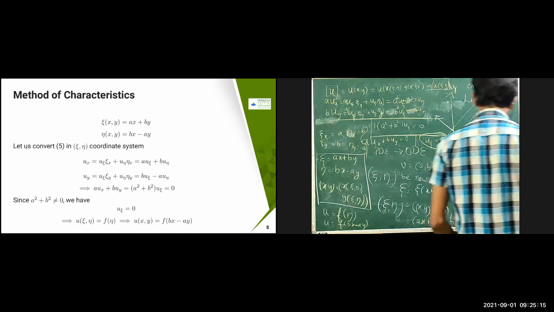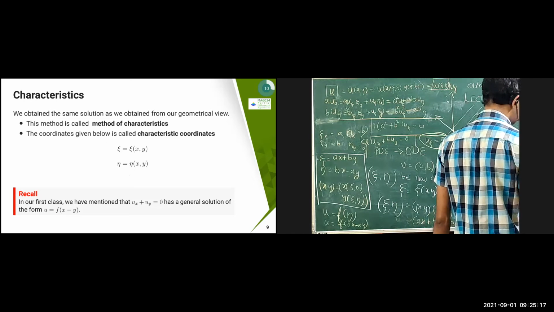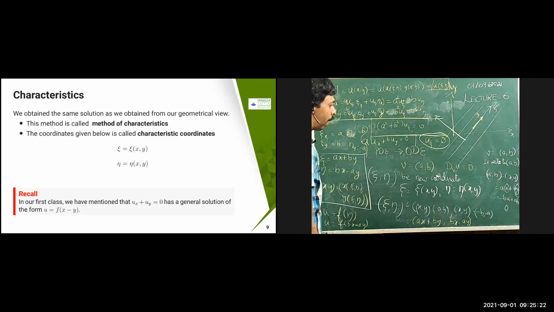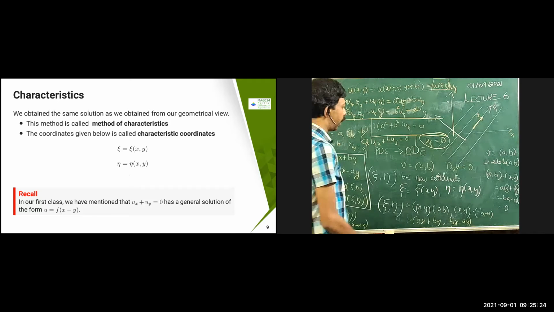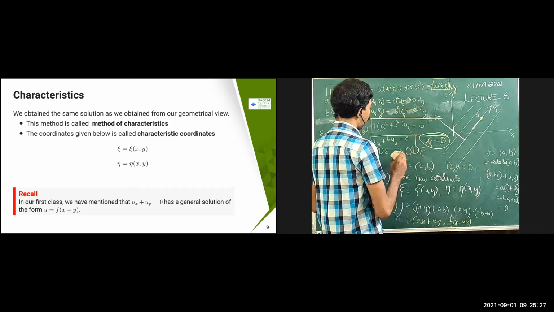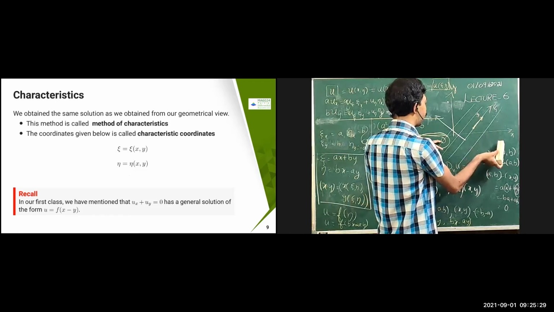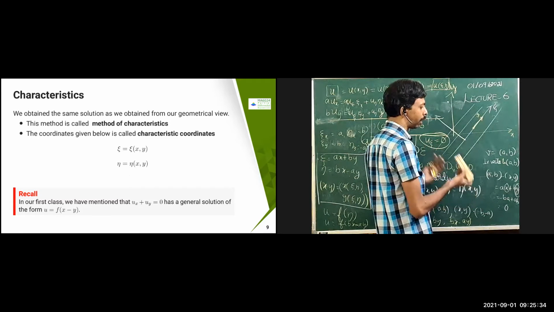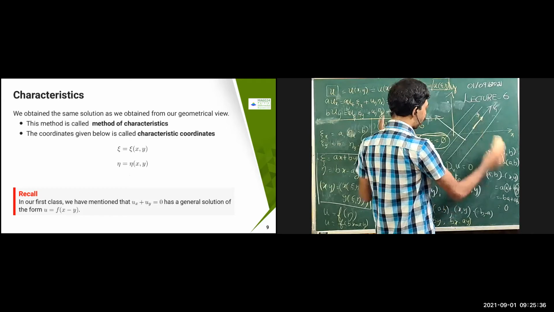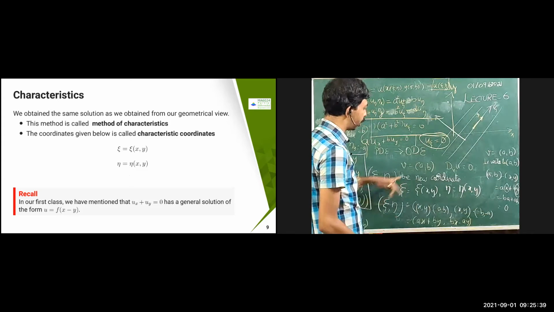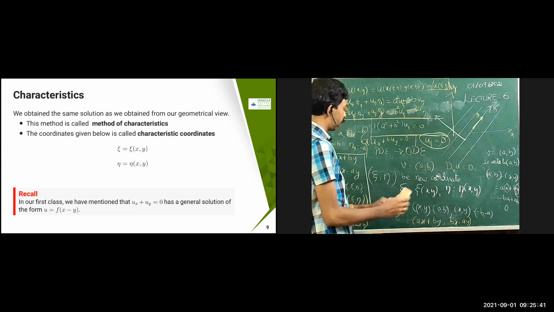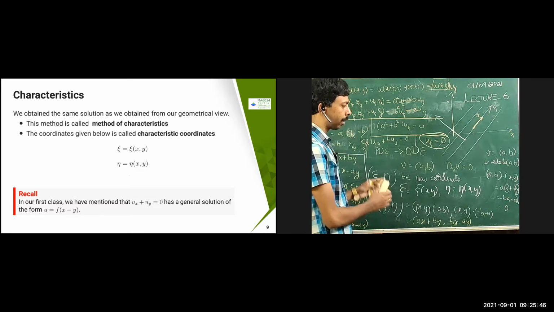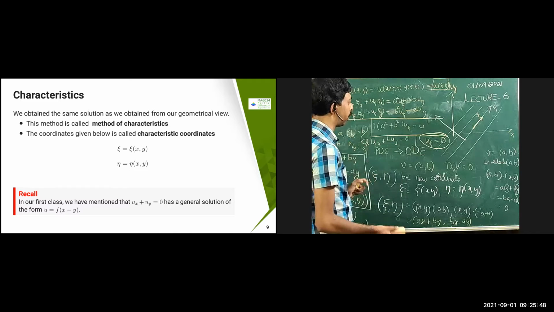Okay. So we'll extend this idea further now. This method is called the method of characteristics. What we are trying to do is transform the problem from one coordinate system to another coordinate system in such a way that one of the things is going to vanish. In general, this kind of technique, where we apply a new coordinate system, calculate the corresponding thing and then solve it in this way, is called the method of characteristics. There is an extended version of this one, which we'll see in the next slide.